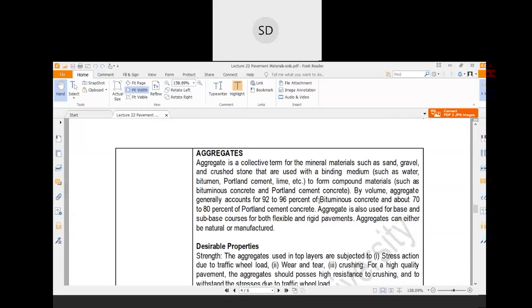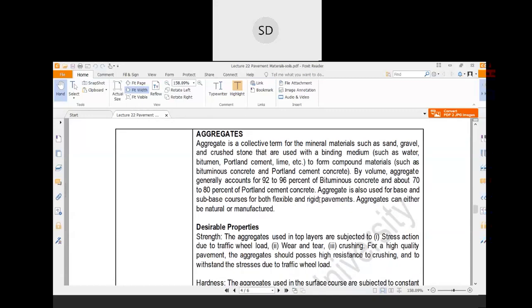Now coming to the next portion, aggregates. Aggregates for the flexible pavement are very important. In the flexible pavement, as we have discussed earlier in this chapter, there are two layers of aggregates. One is your subbase layer and another one is the base layer. Now in the subbase layer and in the base layer, what happens? We will use only well graded aggregates,